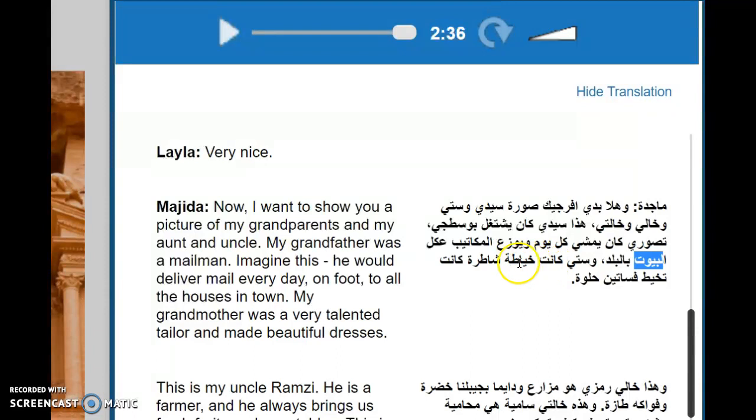وستي كانت خياطة. And my grandma, she was a seamstress. خياطة شاطرة. Very talented. Usually this is often used for smart, but you can also put it with skills to mean talented. كانت تخيط فساتين